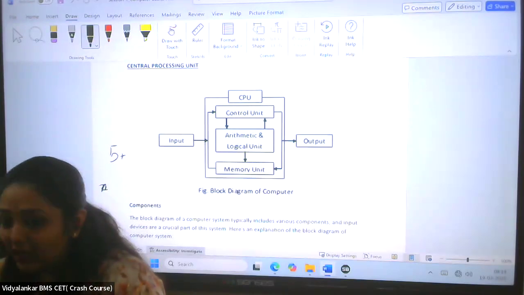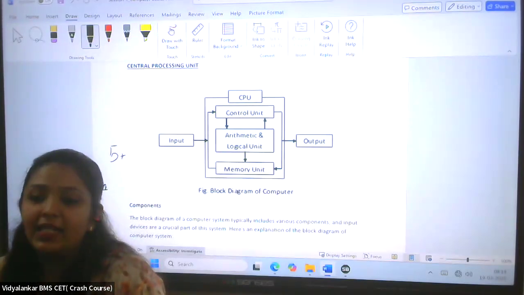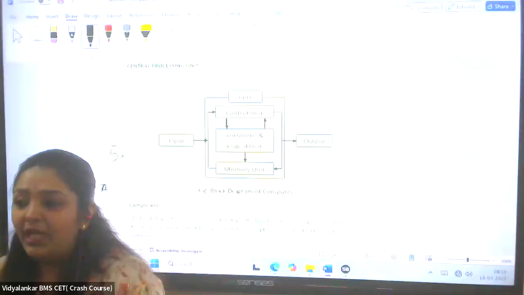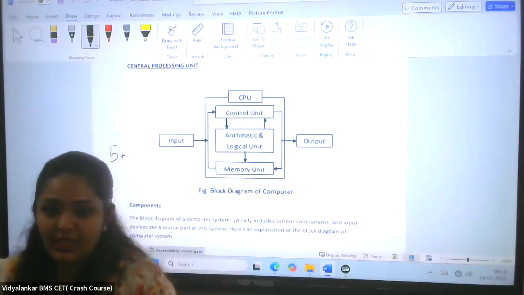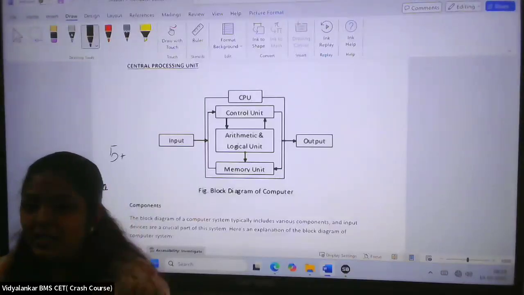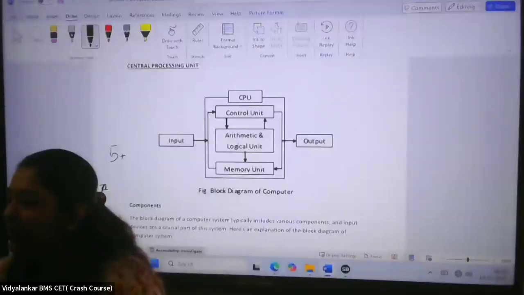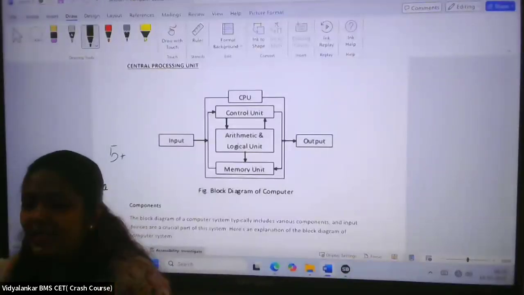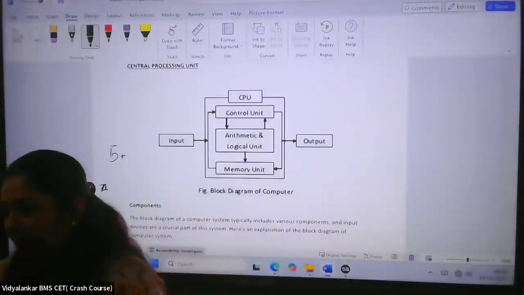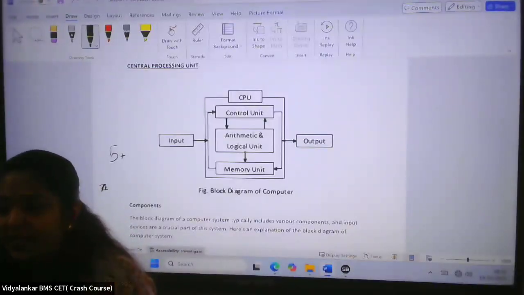Then the fourth number system is hexadecimal. Now here you will see I have not mentioned alphabets anywhere, but the keyboard has alphabets, right? So how will the system convert them? So in hexadecimal there are alphabets too, A to F. So the hexadecimal number system has two ranges: one is 0 to 9, which is from decimal, and the other is A to F. So if you ask, ma'am, how does it start with the reading of the numbers?